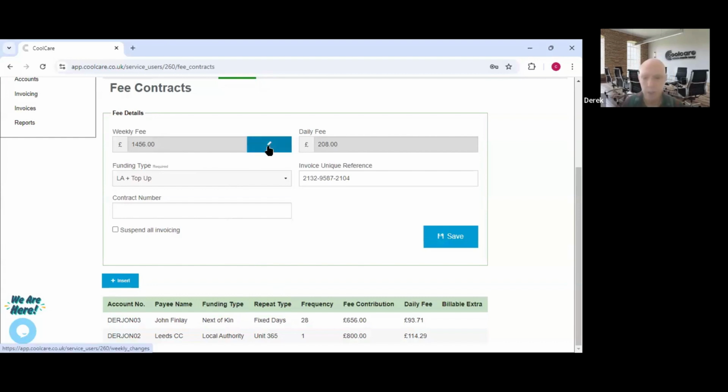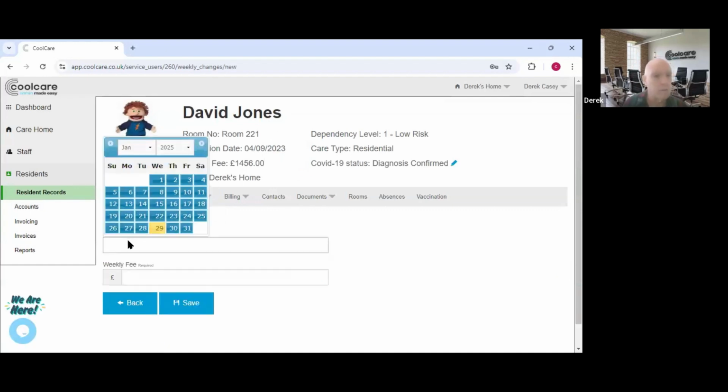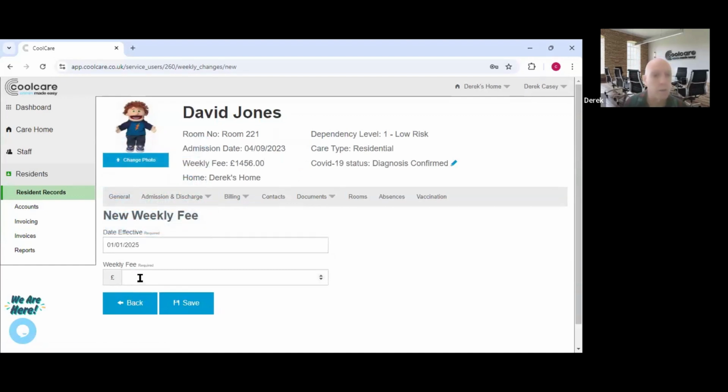Can we use this one here? Yeah, let's use this one here. Let's say 1st of January, our fees went up. So I'm going to click here. I'm going to do insert for a new weekly fee. I'm going to say 1st of Jan. I'll say the weekly fee is now 1556. There you go. If I save that,